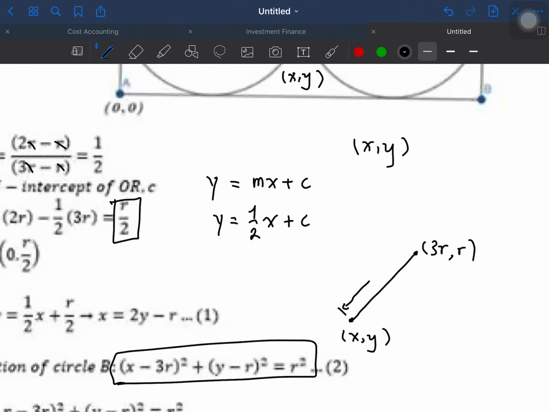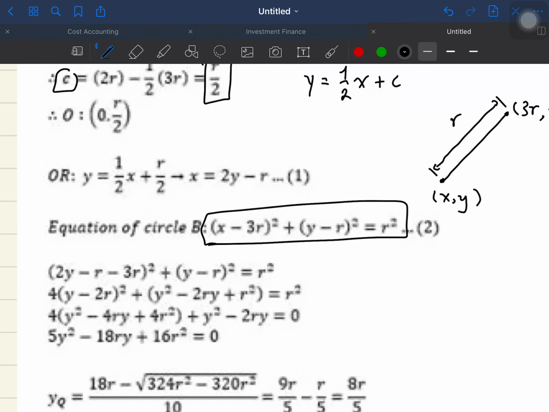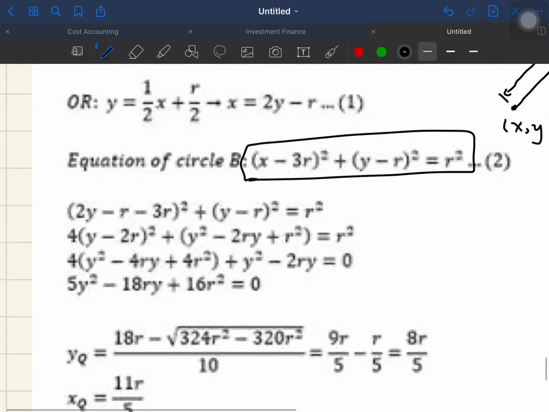And then we have a distance here to here is r, and r is always constant because xy is moving on the circumference. So we have always the radius, and hence we can get this Pythagorean form, and then we are able to get